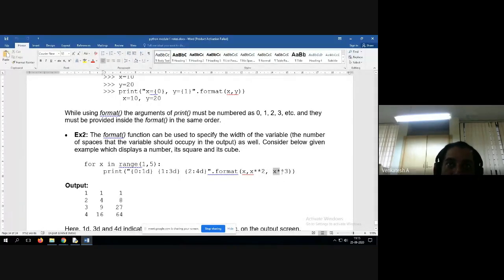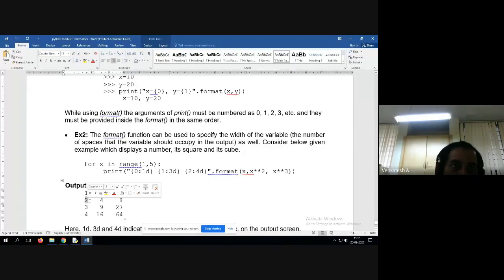Then 3 times, that is x cube. See here, 2 square is 4, 2 cube is 8. Similarly, 3 square is 9, 3 cube is 27. Similarly, 4 square is 16, 4 cube is 64.